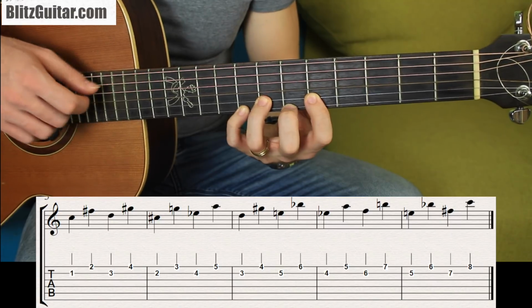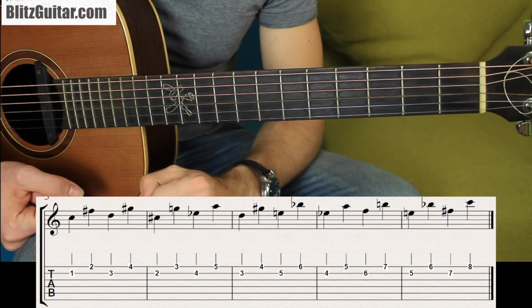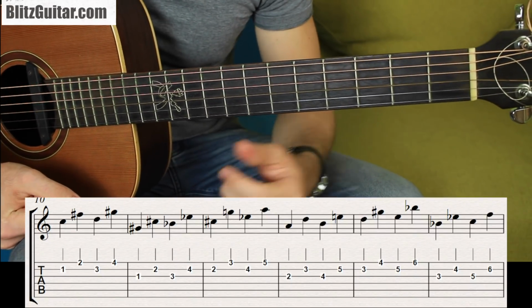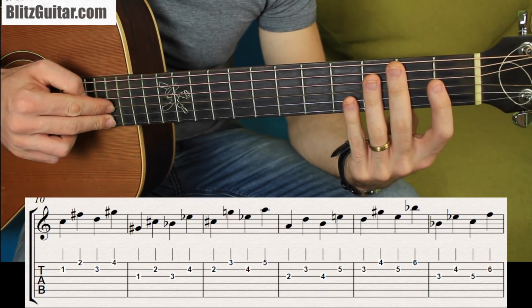Okay? Now, I'm going to show you the last step, which is again a little bit more challenging, but it's really beneficial. So let's just check it out. Now, the last step is this one. You want to basically combine 2 sets of strings. So you're going to have